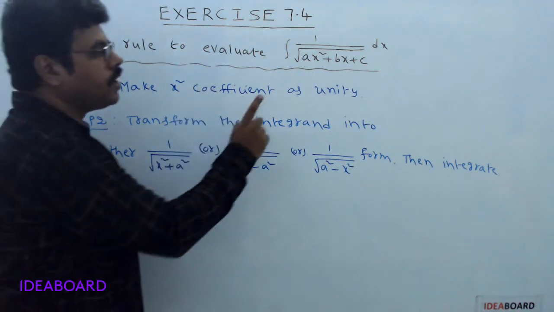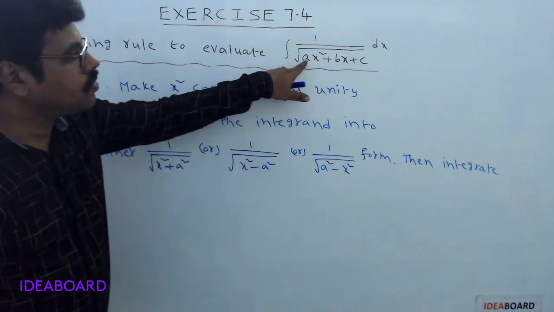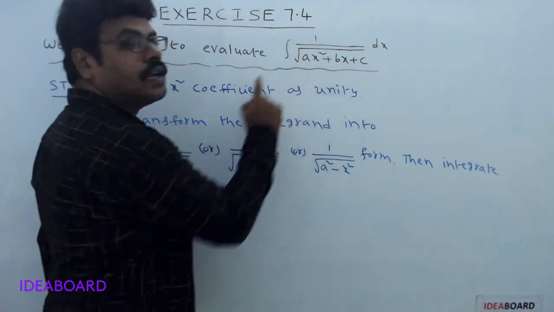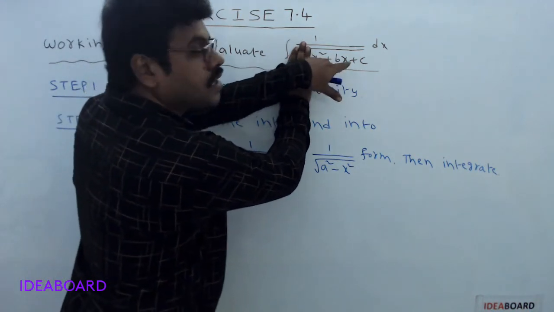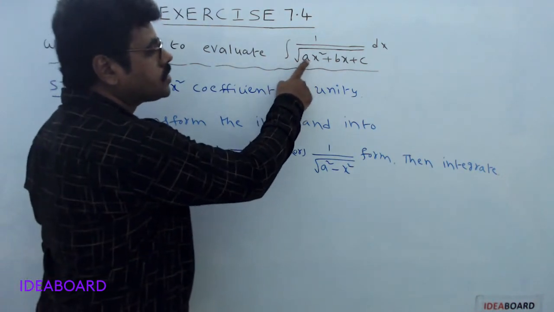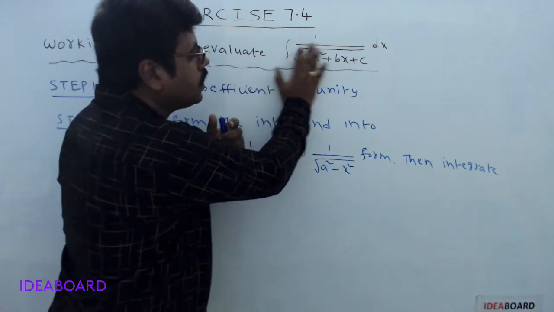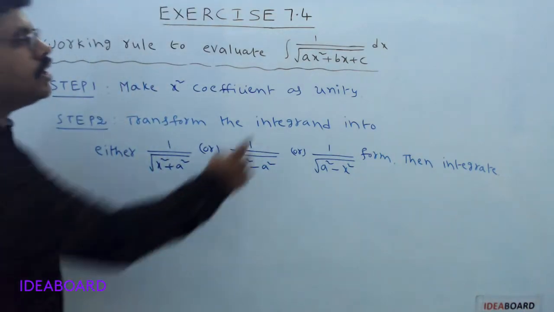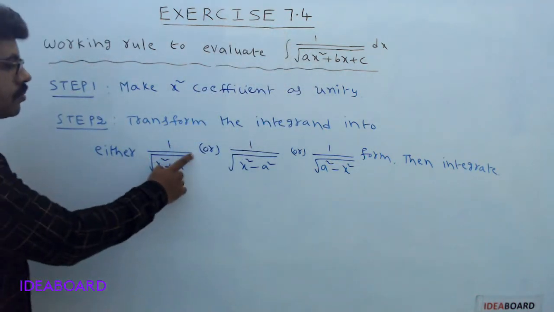Step 1, make x square coefficient as unity. After making x square coefficient as unity, try to make the remaining expression inside the root function a perfect square. Then automatically this integrand will be reduced either in the form of 1 divided by root of x